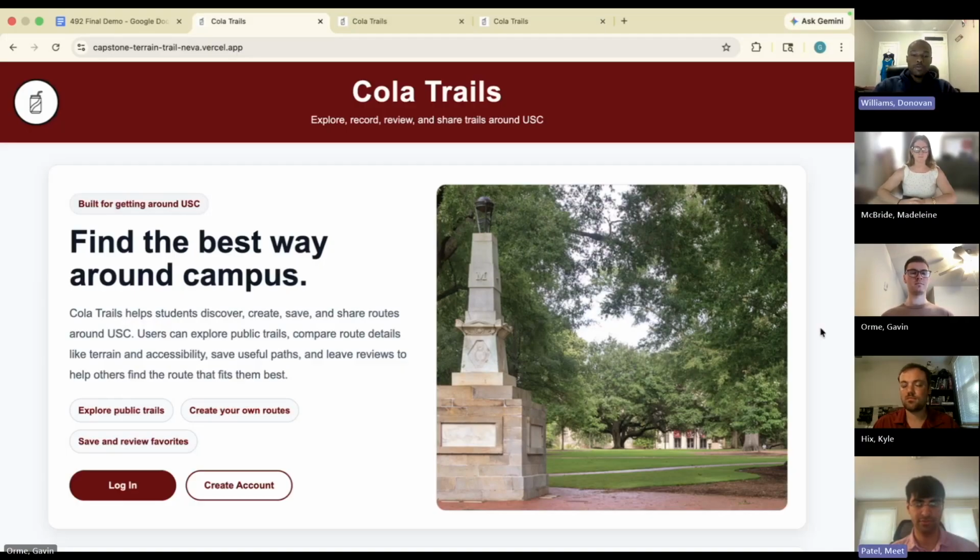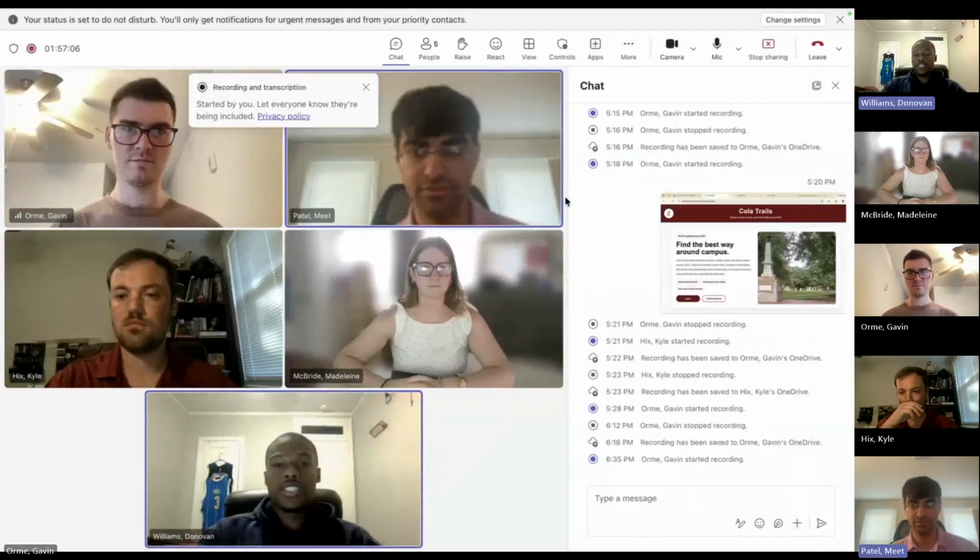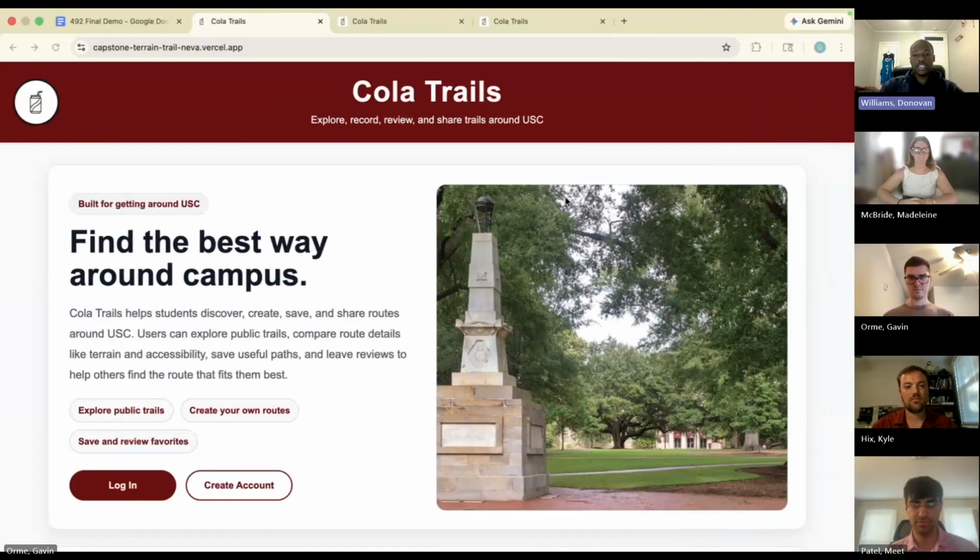So our website was created to solve the problem of students struggling to find campus routes that meet their needs, whether that be looking for the fastest path to class, an accessible route, or a trail with manageable terrain for different modes of transportation. So our goal for this project is to create a useful trail sharing app that helps